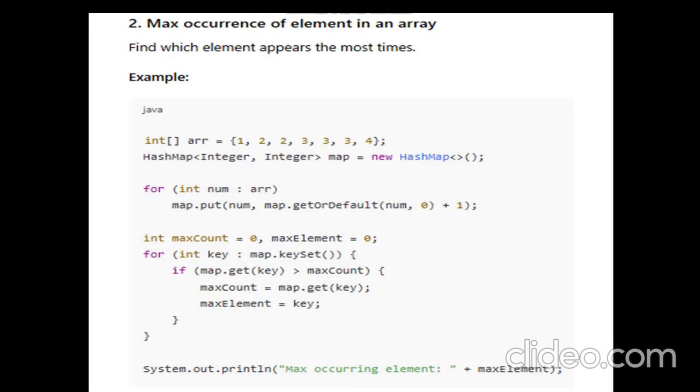And next question is maximum occurrence of an element in the array. So this is about finding the element that appears most frequently in the array. So first you have to create a hash map to store each element's count, then loop through the array and update the count, and find the key with the highest count. So for this use HashMap. Using HashMap, it allows O(n) time complexity for this operation. So once you go through this code,